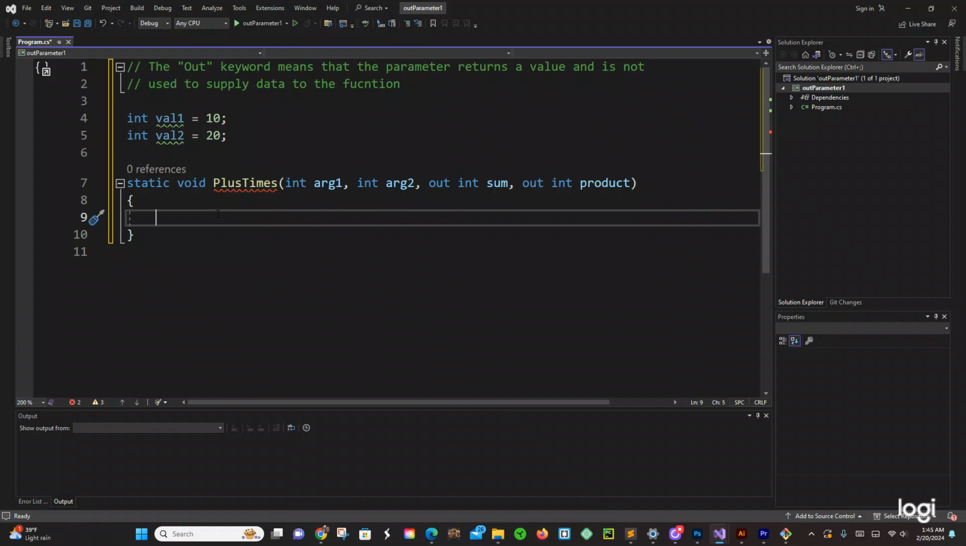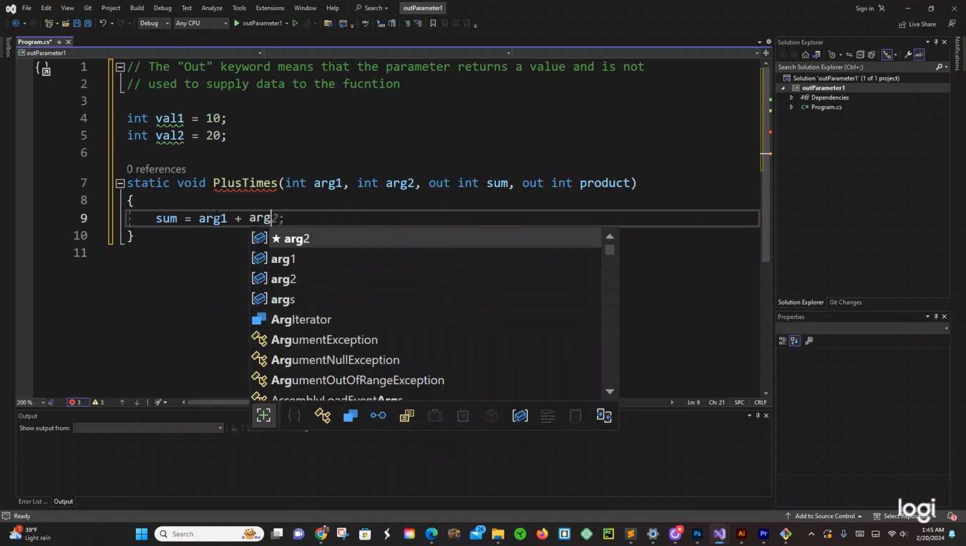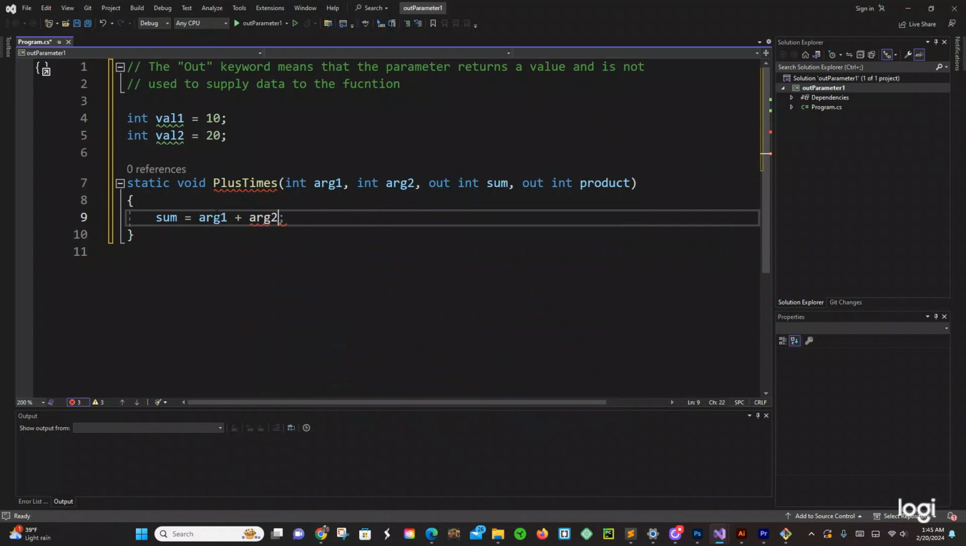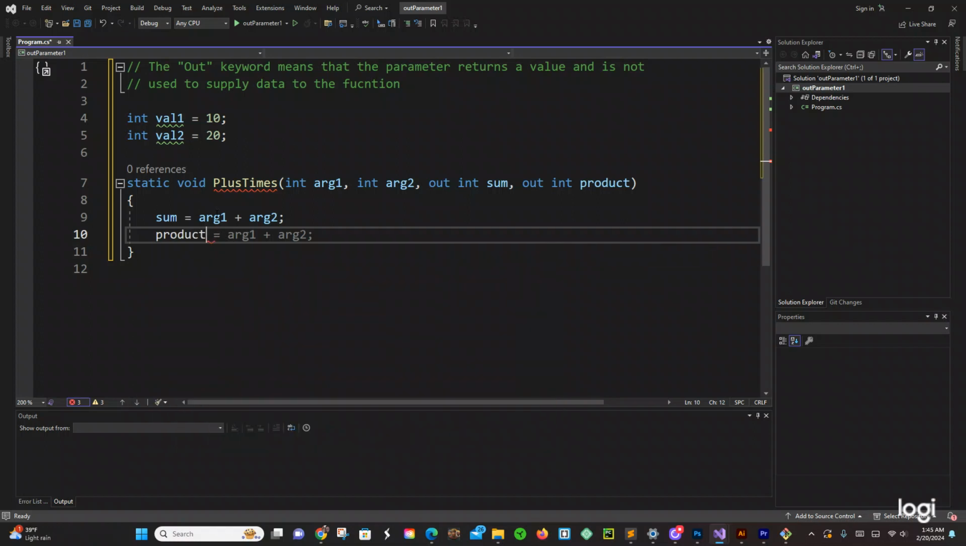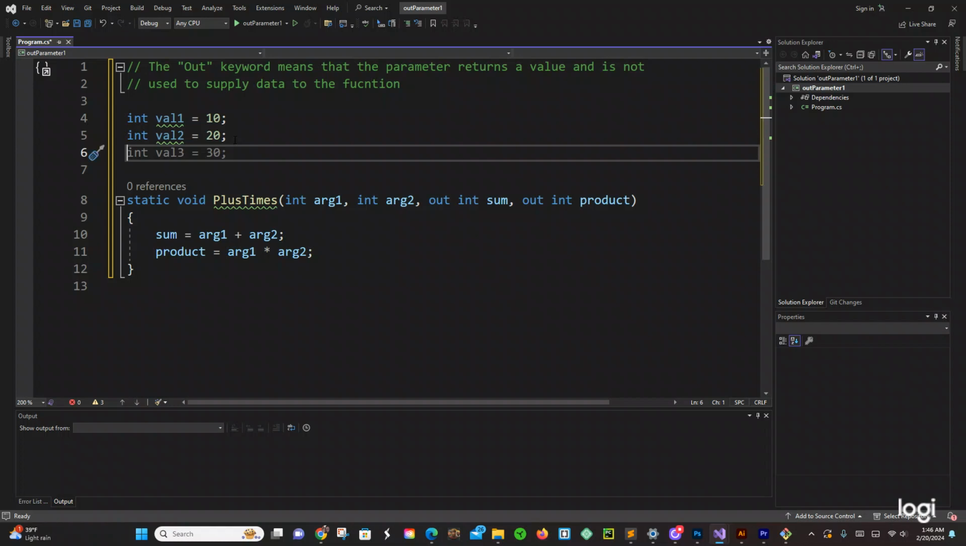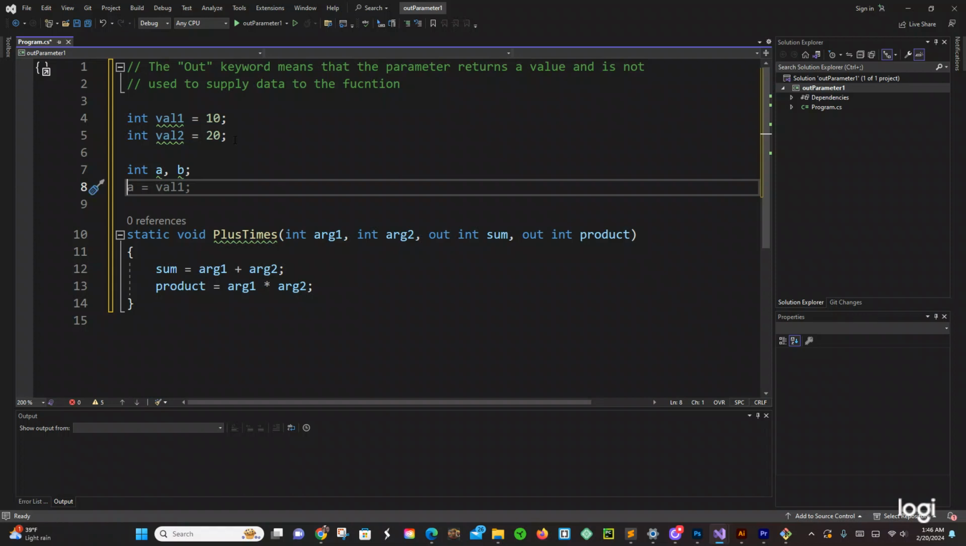Okay, so let's do sum equals, we're going to say right here arg1 plus arg2 right there, and then we're going to say product. We don't want to do subtraction, we're going to do a multiplication, times. Okay, now let's create our int right here. We're going to say int a and also b right there. Cool beans. So we have that,